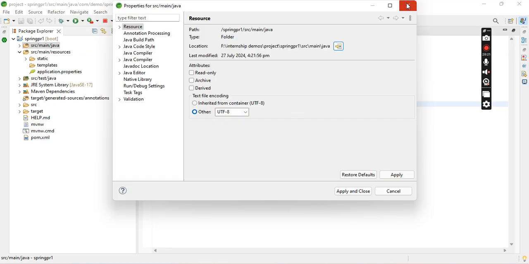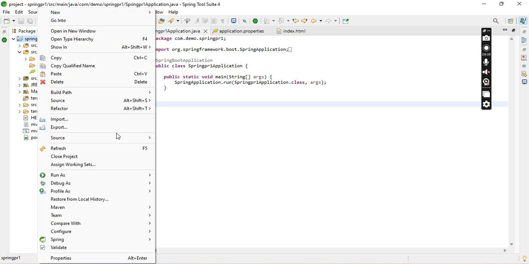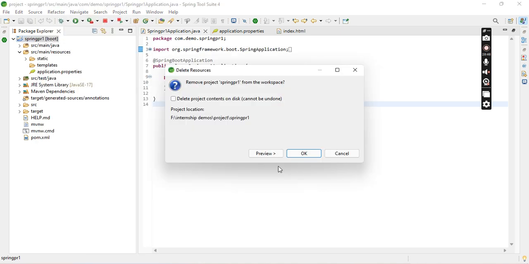If we want to change our project, meaning make some changes, then we are not going to do any changes in our IDE project. We have to change in our sync folder project clone. We have to change in the clone. So we just simply delete this project,